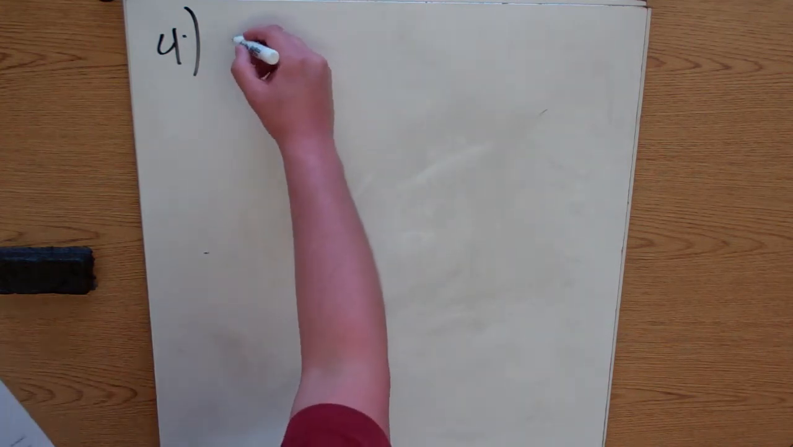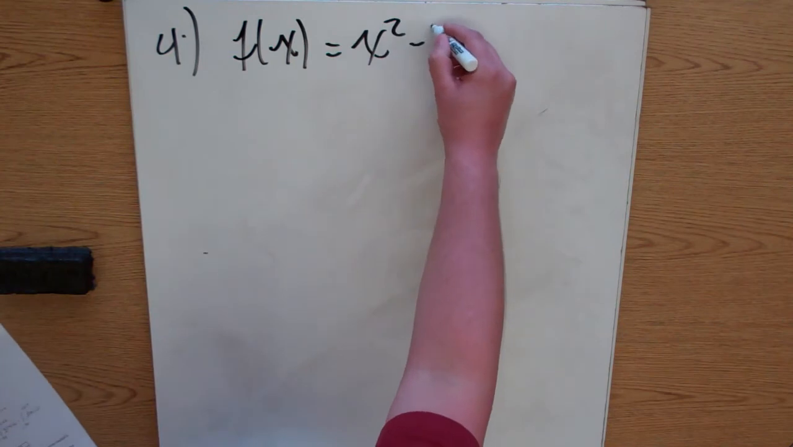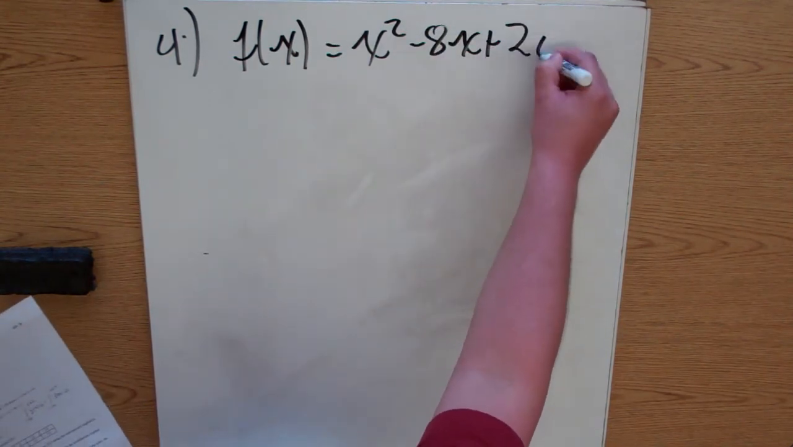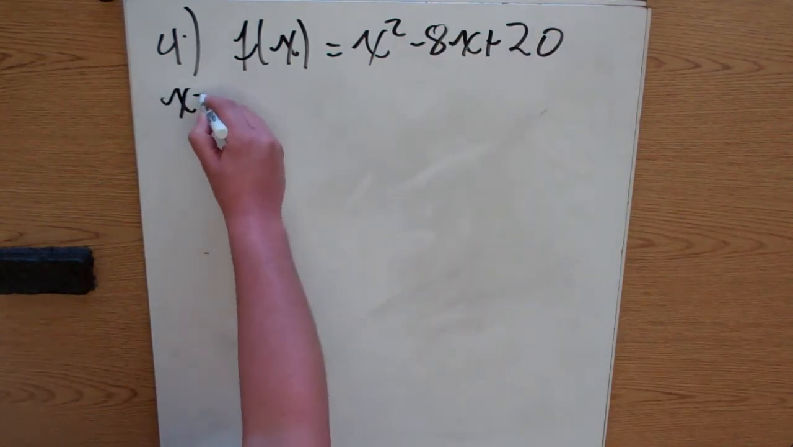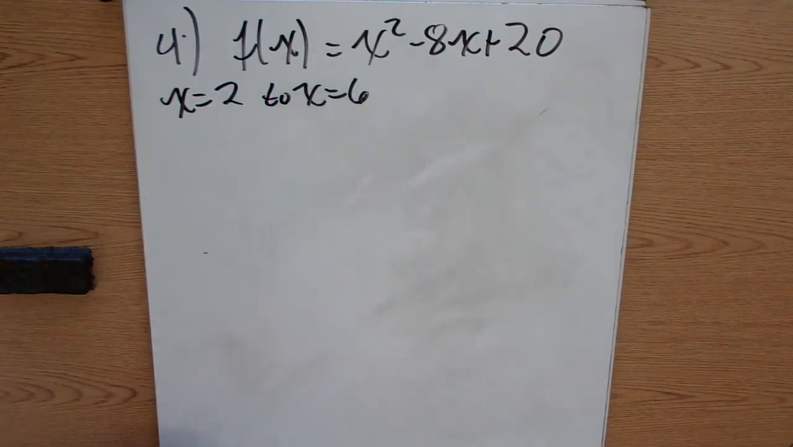It gives us 2 functions, and it says, no, I'm sorry, that's number 5. Number 4, find the area in the first quadrant under the curve f of x equals x squared minus 8x plus 20, and we're evaluating from x equals 2 to x equals 6. All right, now when it says first quadrant,